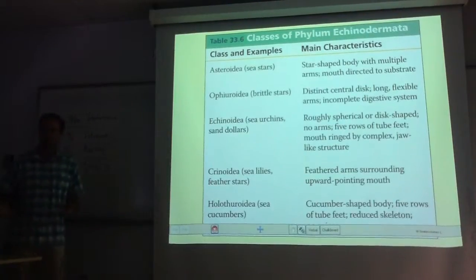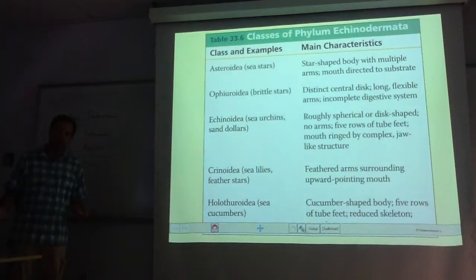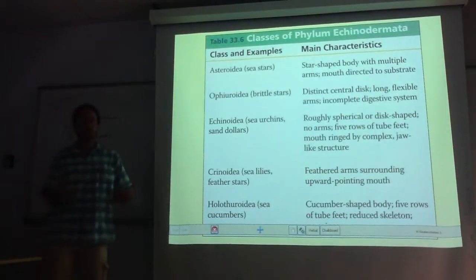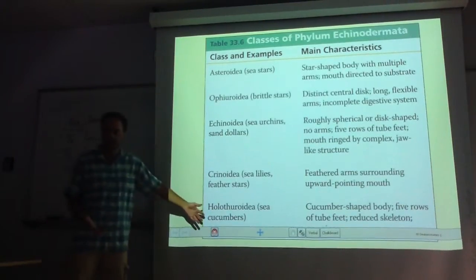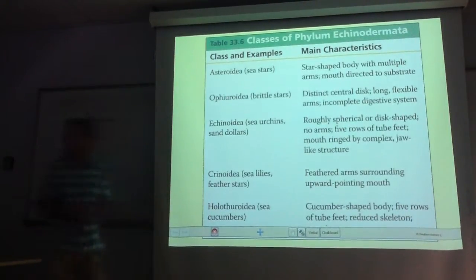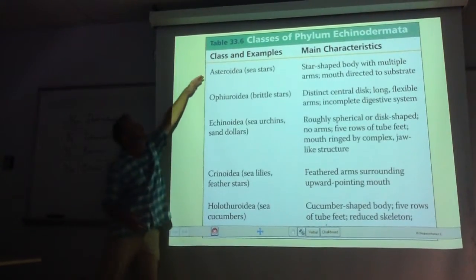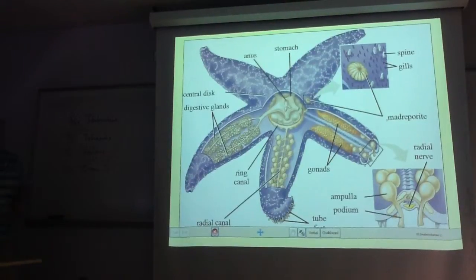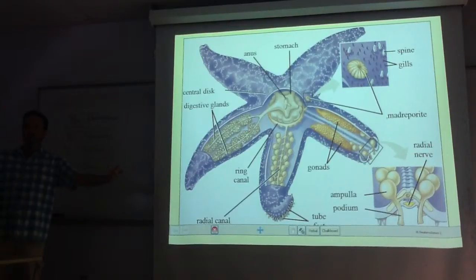And then the Holothuridae are sea cucumbers, right, which are not cucumbers. If you go into a Chinese restaurant, you order sea cucumber clay pot, you're not eating a cucumber, you're eating an animal that's related to a starfish, basically. And there's lots of these, so you'll see lots of examples of these. It eats, it moves, it reproduces.